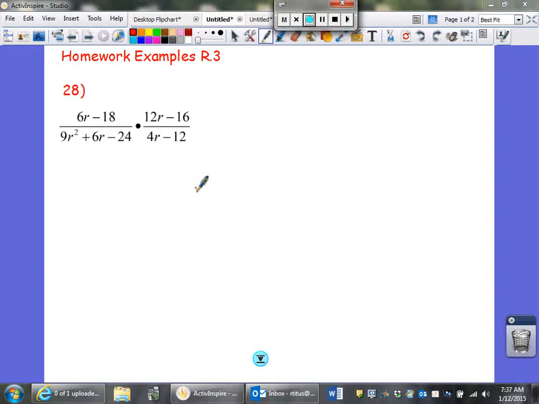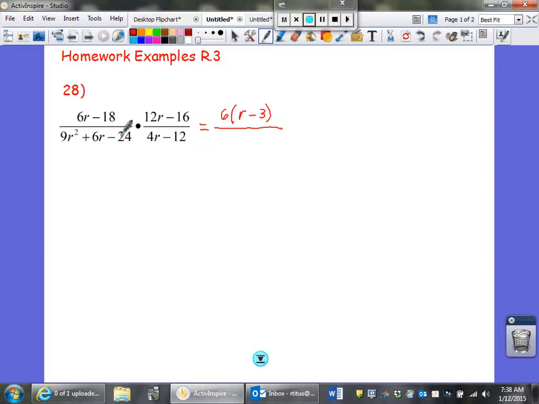Alright, in this video we're going to do problems 28 and 32 from R.3 in the back of the book. The first problem is asking us to multiply our answers together, make sure your answer is all simplified. So the first thing we're going to do is analyze each part of this and see what we can factor. This is only two terms. We're going to pull out the greatest common factor, which is 6, and that leaves us with r minus 3